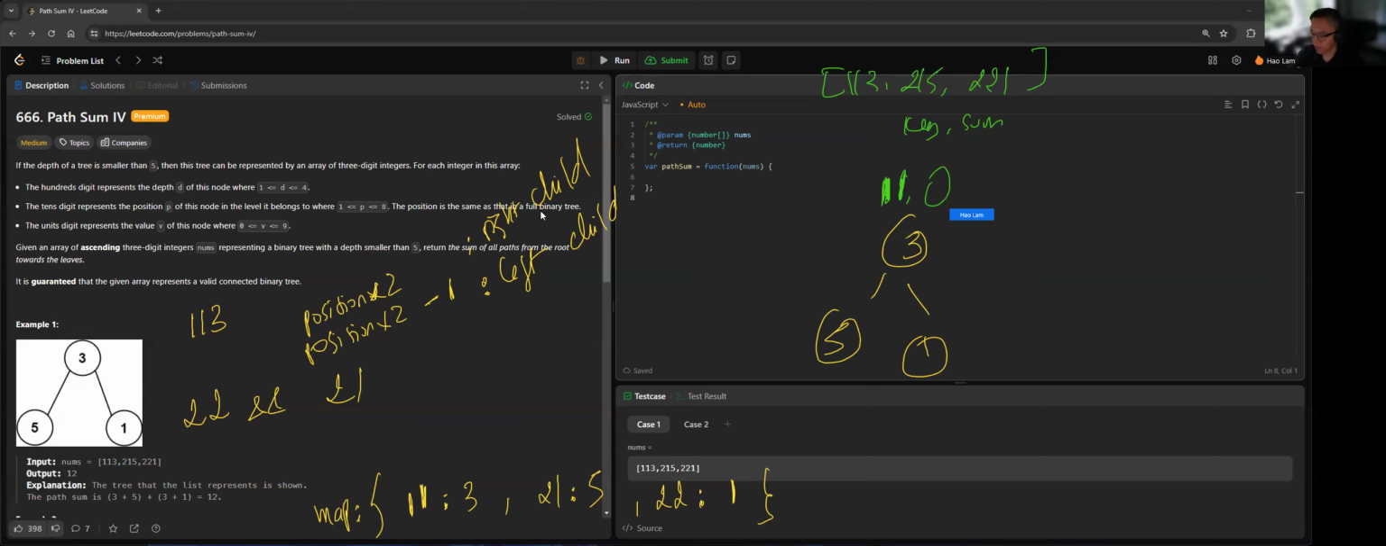Okay, so depth first search: we process the left first, then the right, and then the node. So we go to the left. When we go to the left, of course we're going to add the current node value, which is 3. So we get the node value by